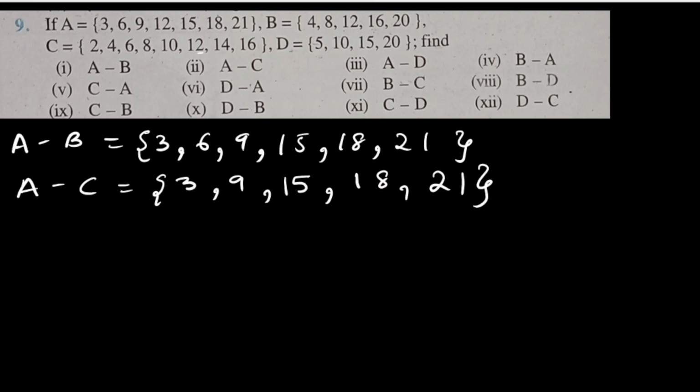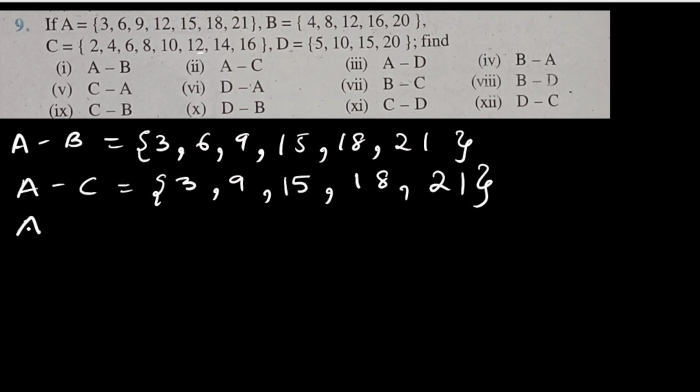Now next is A minus C. A minus C means A but not C. So again we'll just compare the elements. So 3 is not present in C, we can write. Then 6 is present in C, we can't write. Then 9 is not there, so 9 we can write. 12 is there in C, you can see here, so 12 we cannot write. Again 15 is not there, 15 we can write. 18 also we can write, and 21 also we can write. So all the elements of A only we should write, but from elements of A we have to see those elements should not be the elements of set C, or set B in the earlier case.